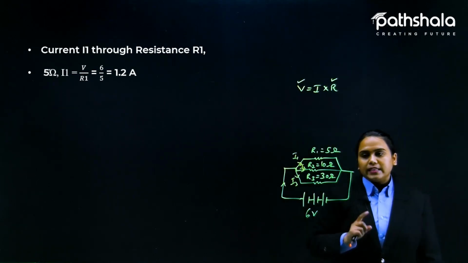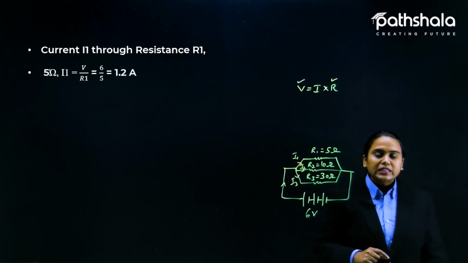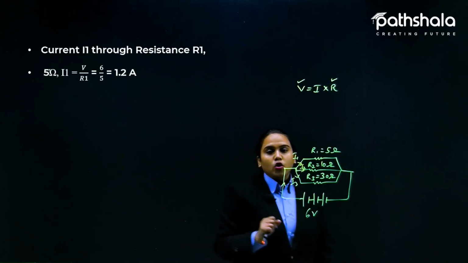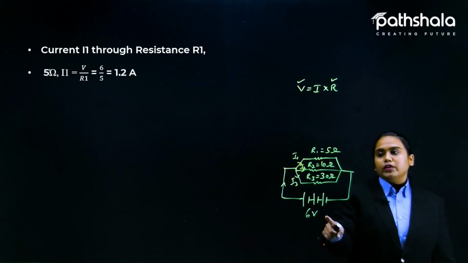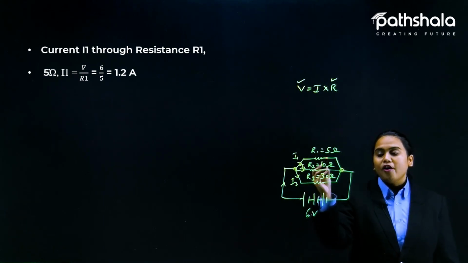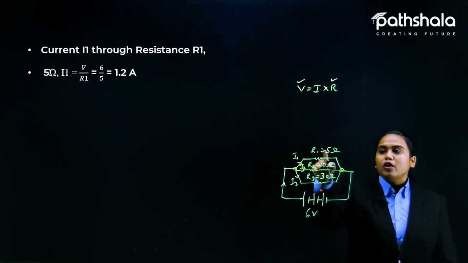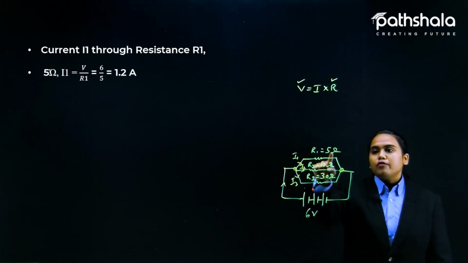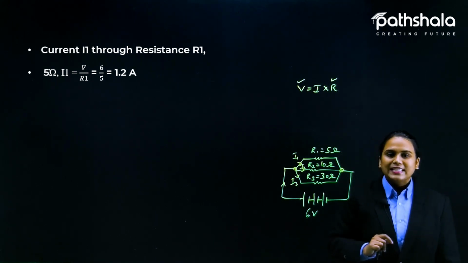Okay, so for the 5 ohm resistance, the value of I1 will be I1 is equal to V upon R1. As you can see here, it is written like this. The value of V will be 6 volt. In parallel combination, students, don't forget that the end terminals are the same for all these resistances, so the value of voltage would be the same for all of them too. So V is equal to 6 volt for this one, 6 volt for this one and 6 volt for this one also. For the first case, the resistance value is 5, so the current will be 1.2 ampere after dividing 6 by 5.